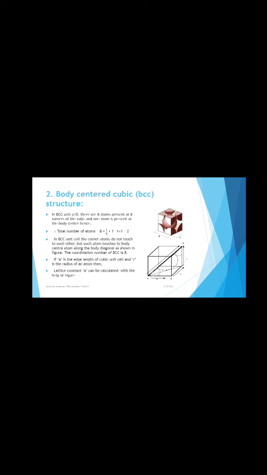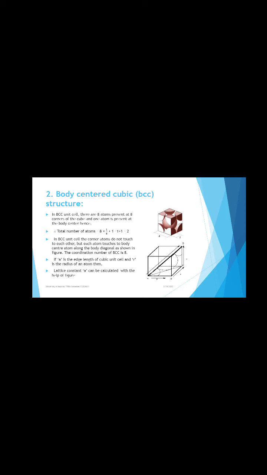in the right angle triangle ACD, that is another triangle, again if you use the Pythagorean equation, then AD square is equal to AC square plus CD square. Here AC square is 2A square plus CD square is A square. So the total AD square will be 3A square. Since AD is 4R, as you can see in the diagram,